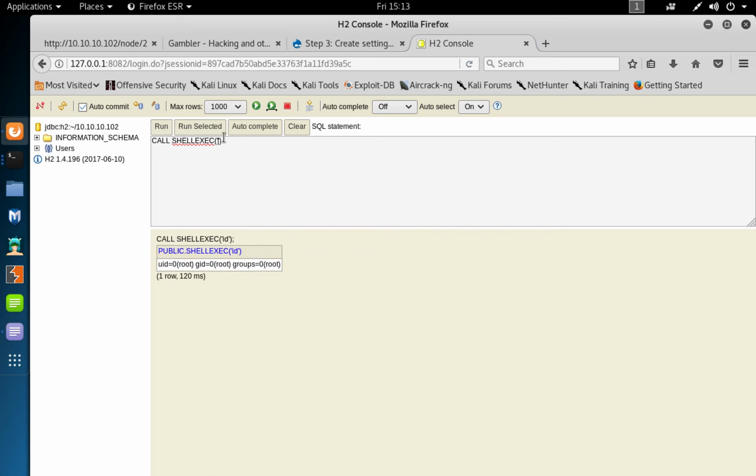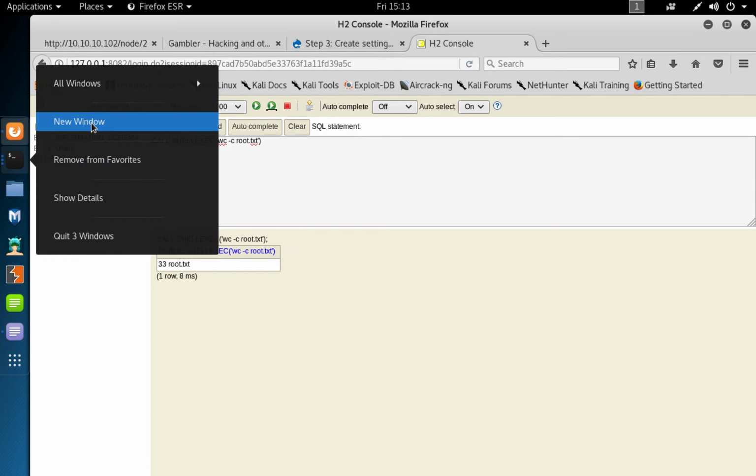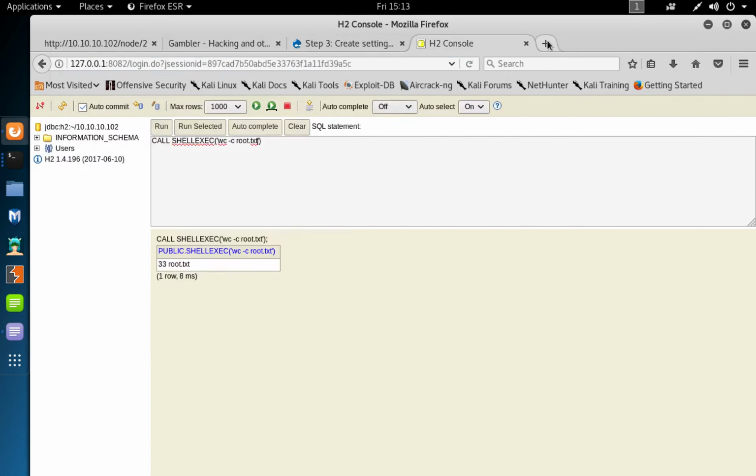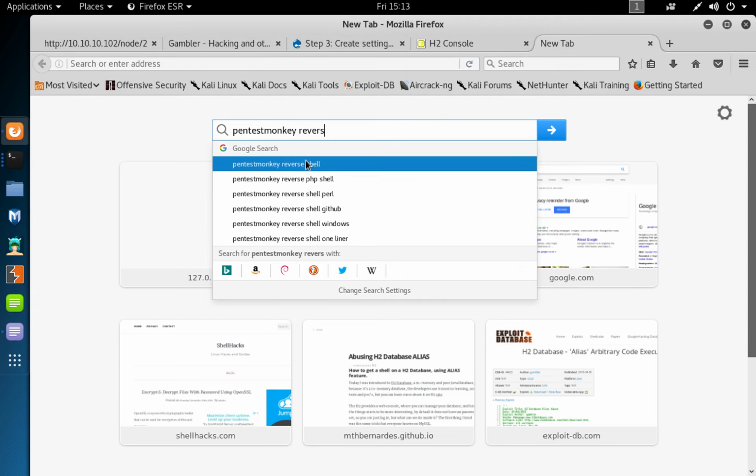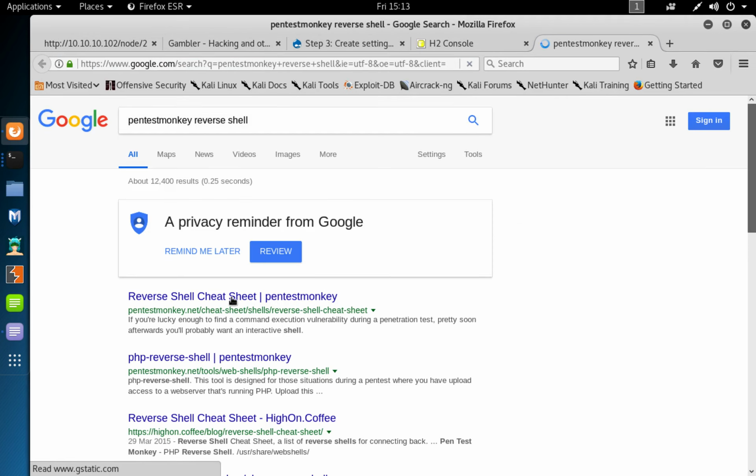So here we can actually do a list command, and you can see we got the root file. If we do wc -c root.txt, run the command, we can see the characters. But how can we actually get ourselves a shell? So what I did was go to Pentest Monkey, reverse shell cheat sheet,